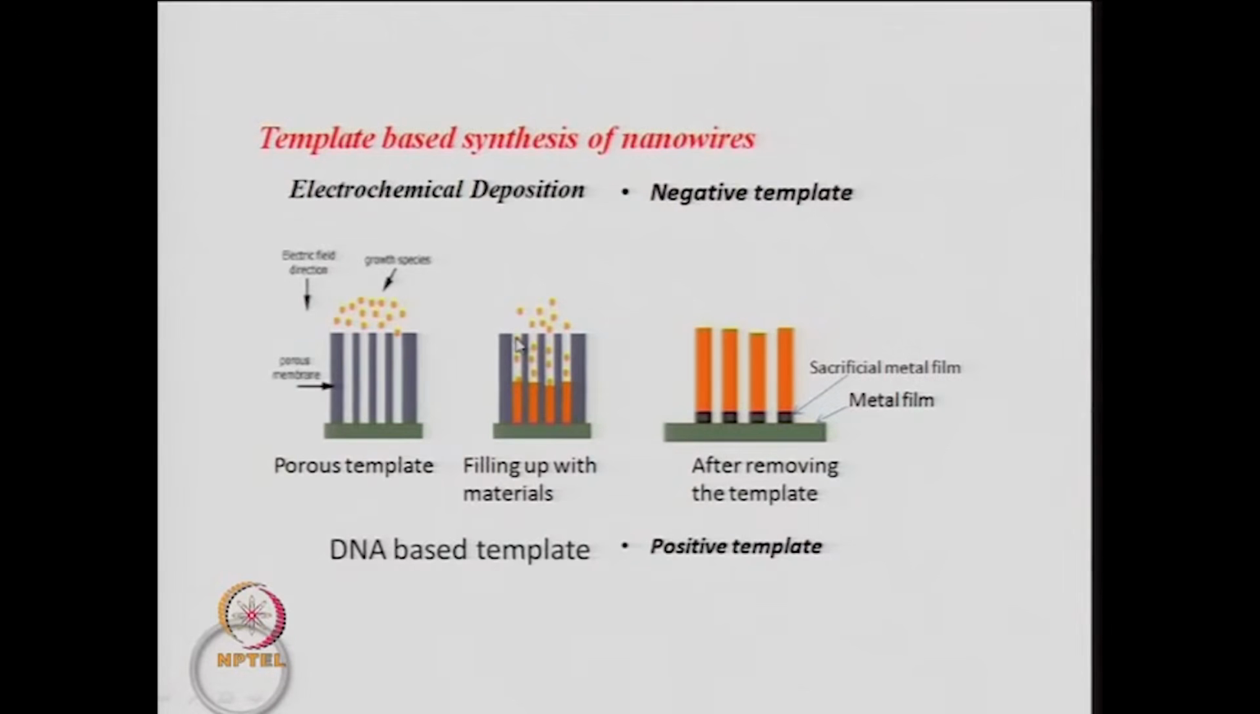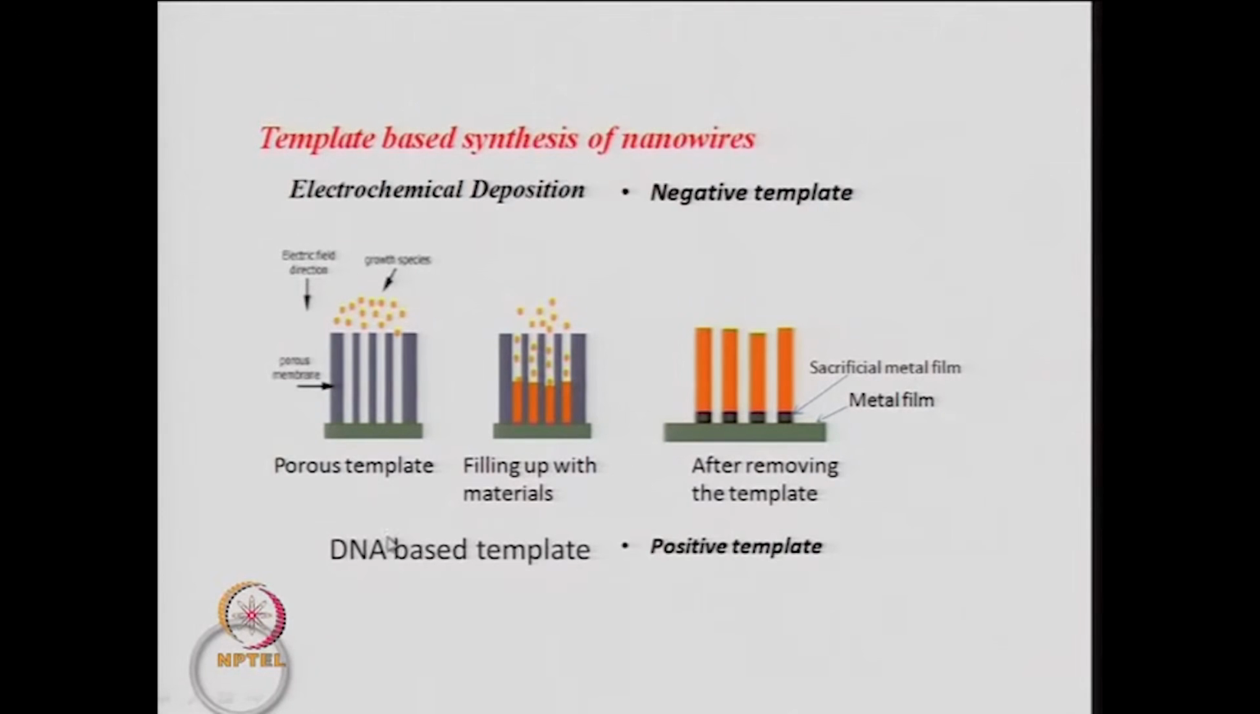voids of the porous membrane, and when you remove the gray template, you will get only these orange nanowires. And if you have another metal at the bottom, which is called a sacrificial metal, then you have to have that metal before you start growing these nanowires. Then you can have freestanding nanowires, because you can remove this sacrificial metal, and then the nanowire will not be connected to the substrate. So, basically this is called a negative template, because the nanowires are growing where you had